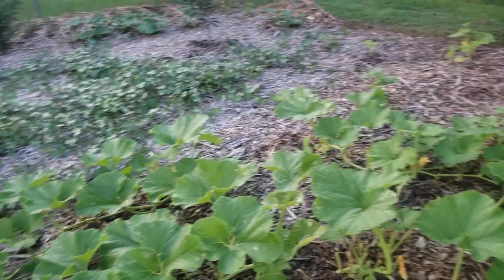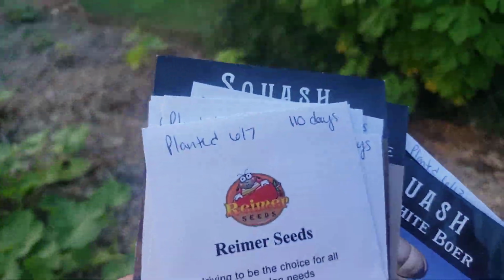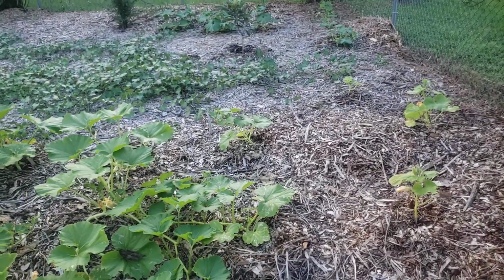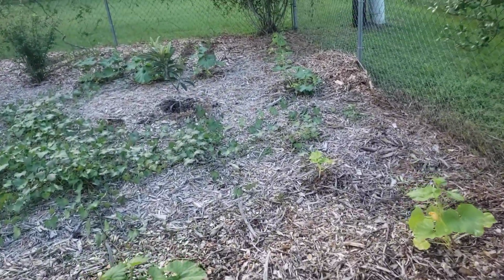I've been going through thinning out the foliage to really help promote airflow. But as you can see, they're not slowing down. They're great. I planted these on 6-7, so these are about 6 weeks out. They're only a week or two out from the other ones I showed you, but they're so much bigger and